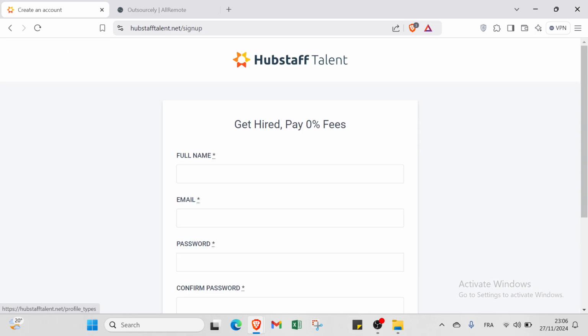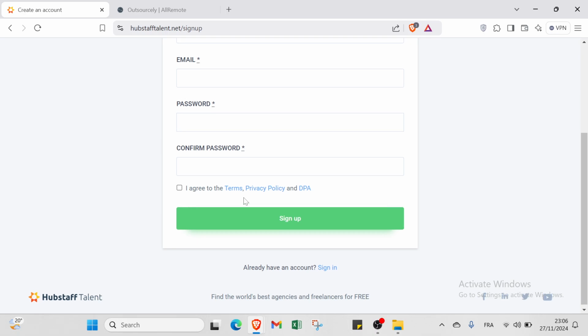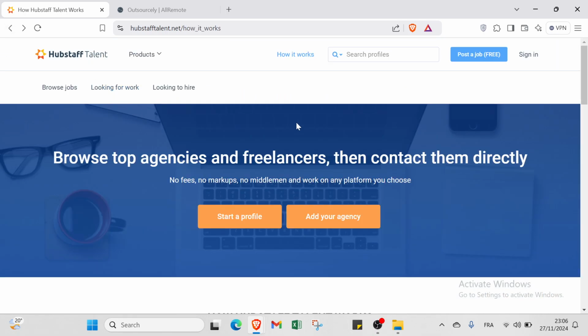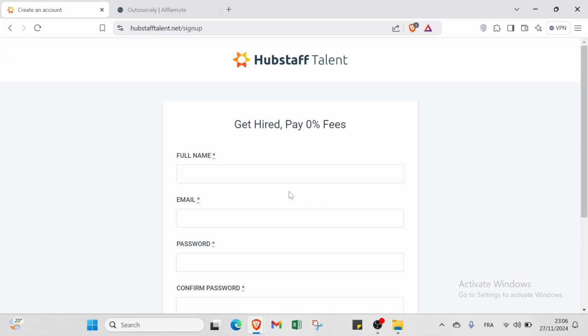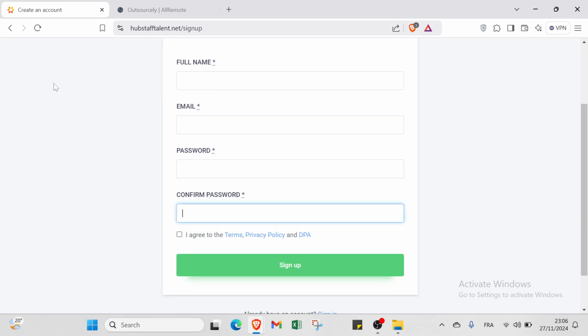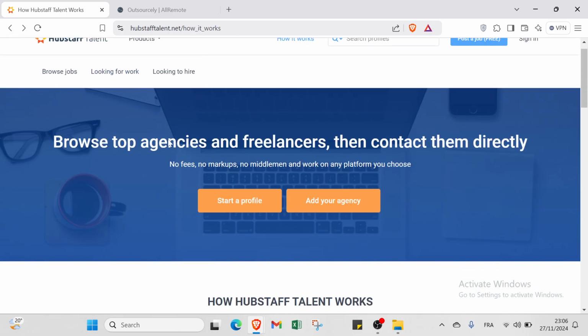I will just click here for start profile, and then we have how we can do that. The same thing that I already mentioned. Add your agency, you'll find it on a page. So the same thing. So add your full name, password, confirm the password, and